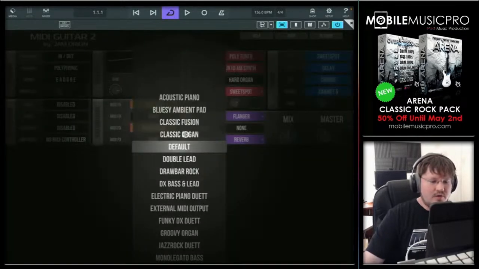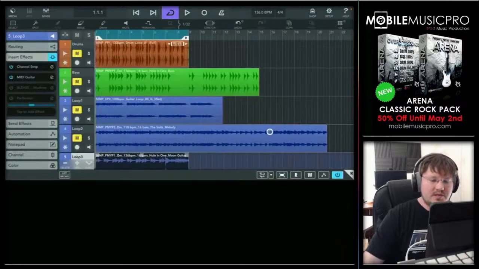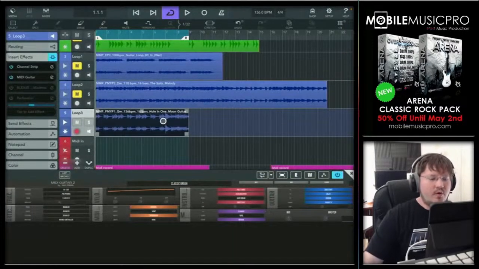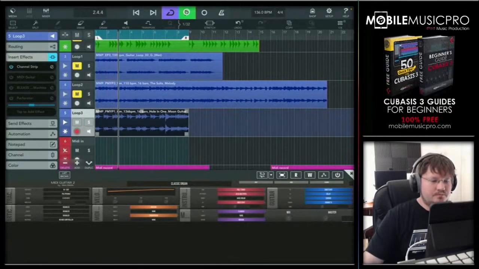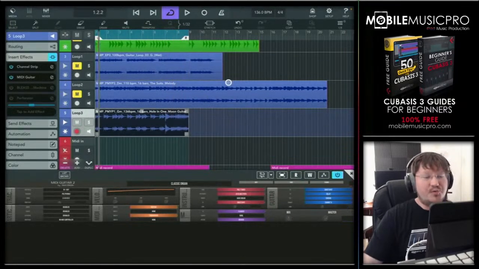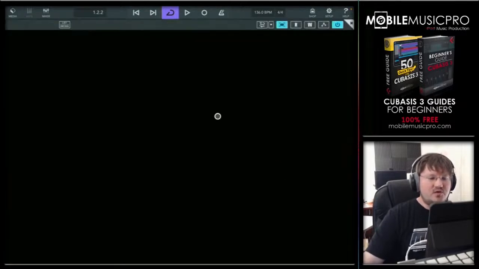And let's just try the classic organ first. But before we do that, let's go ahead and A/B this so you can hear what it sounds like without the effect. And then we'll go ahead and enable it after the first loop. All right, now let's hear what this sounds like with the effect on it. So already a pretty dramatic difference there, but when we start going through these presets, you can really see how